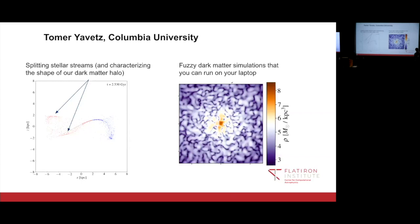Is it fast enough that you could feasibly have an embodied state of interacting halos at each snapshot? I can decompose those. So basically, if we're assuming that those halos are, at each point you can center on each halo and say each of those halos is a superposition of many, many eigenmodes. I can decompose both of the halos and say what's going on in each of the halos in terms of the interaction between the eigenmodes. I certainly cannot put one of these and put another one of these next to each other and evolve them self-consistently, because again, this is assuming that this halo in itself is stable. So that's one of the areas we're looking